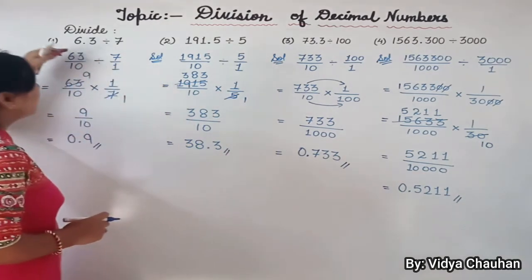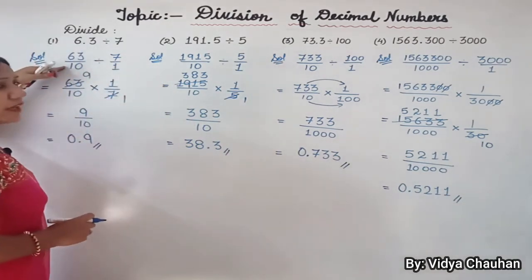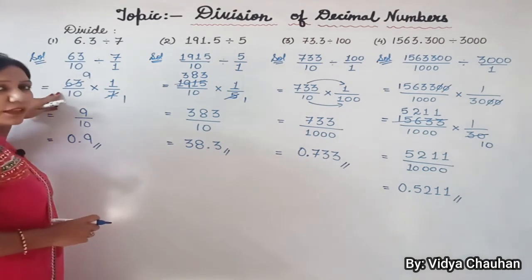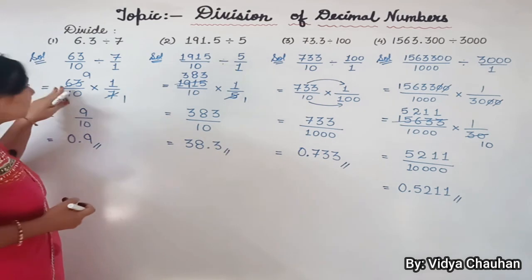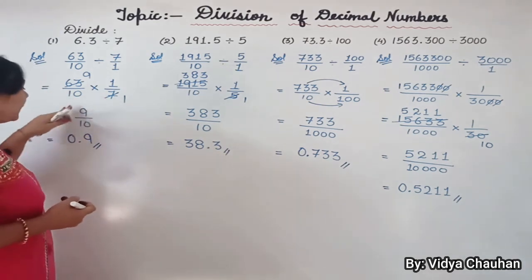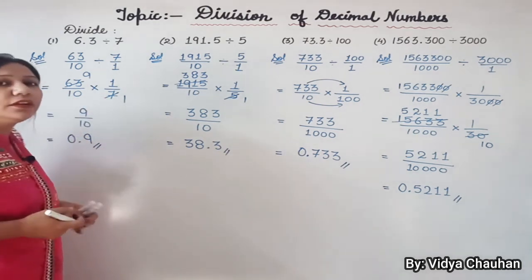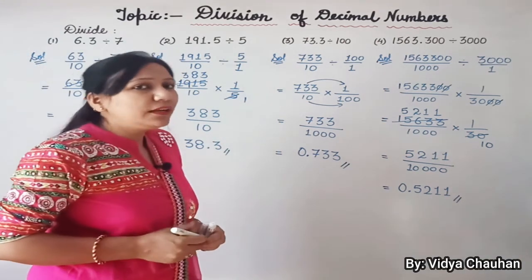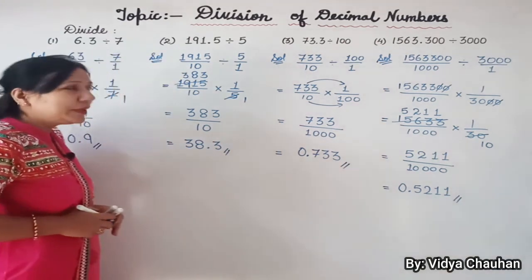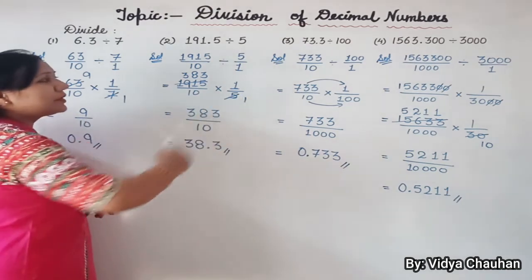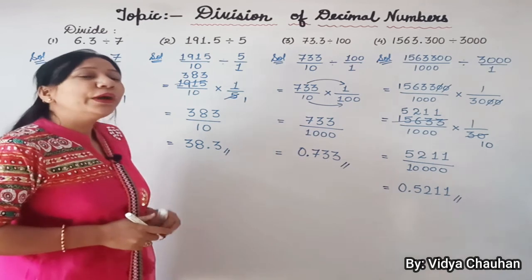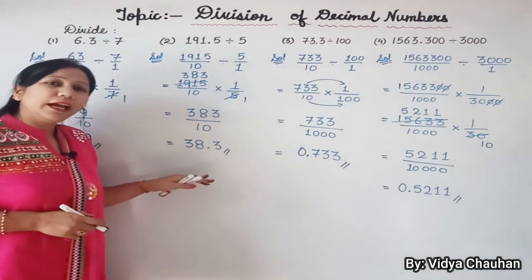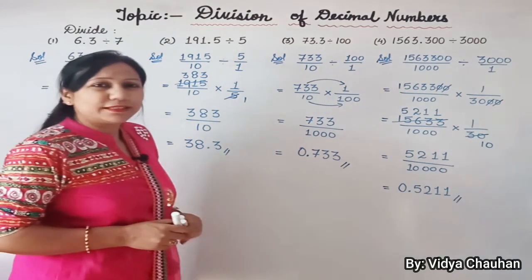So very first you have to convert the decimal to the fraction. You utilize the method of division of fraction numbers, just simplify the term, get a fraction and again convert it back into its decimal form. I hope the division of decimal numbers, this concept and this methodology is clear to all of you. Please follow this method and complete your questions from the exercise.